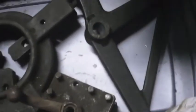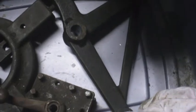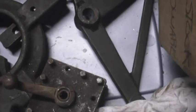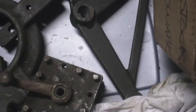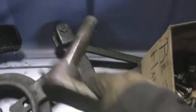This hardware and stuff is from when I disassembled the lathe to bring it home. Did a quick and dirty disassembly right in the garage of the guy's house, and just thought I'd point this out. Doesn't this look reminiscent? This is almost identical to the lever assembly inside the Hendey, as is this. This goes through the leg and engages this piece,